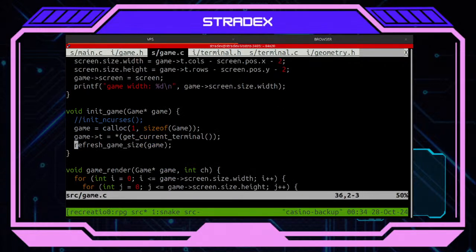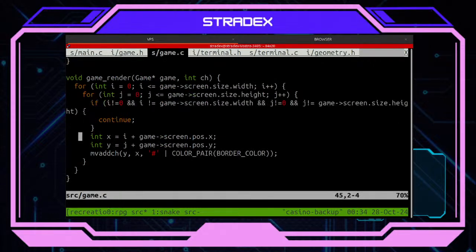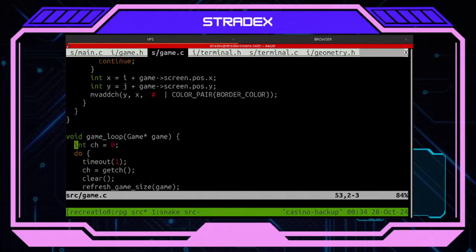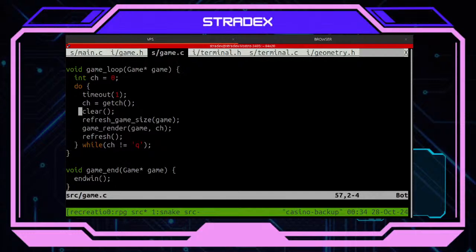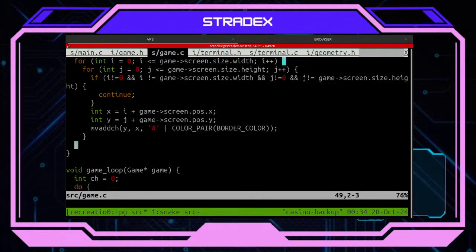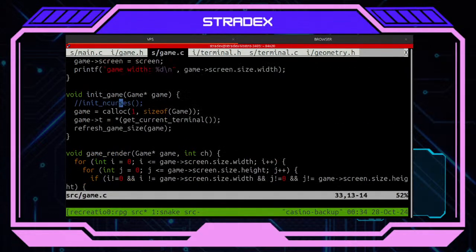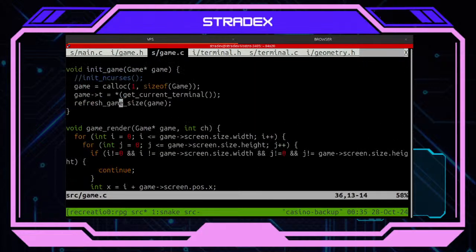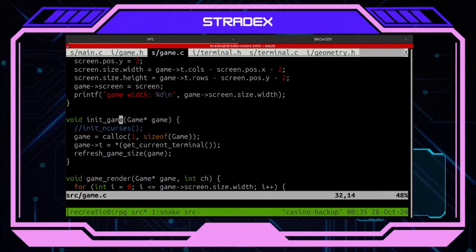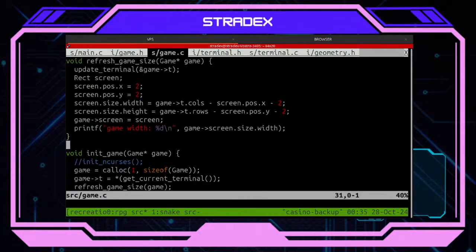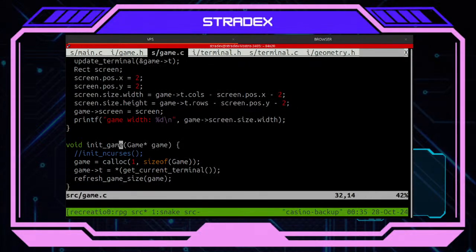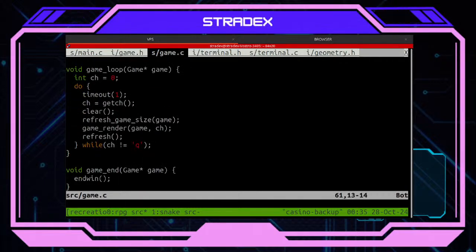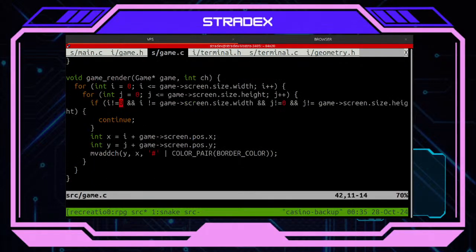So what's the real issue here then? What's the issue with the game loop? Refresh game size. Is this refresh game size the one causing the issue? Maybe it is though. Wait a second, please.